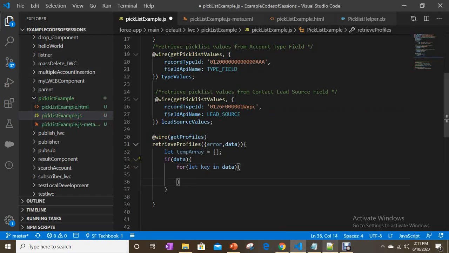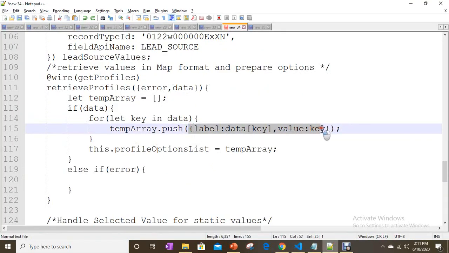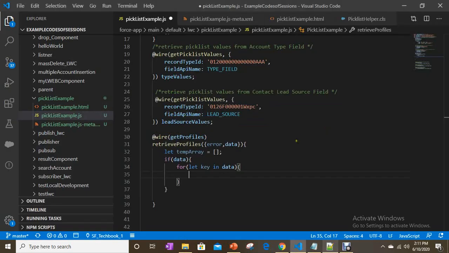Just need to use let key in data. You can use var or let, both keywords will be useful for variable declaration, right? And key in data. And then how can I prepare options with label and value, right?